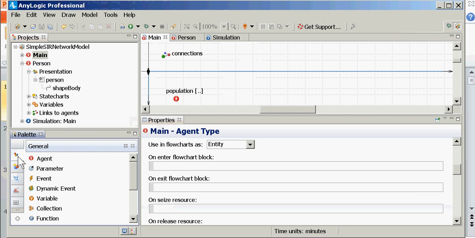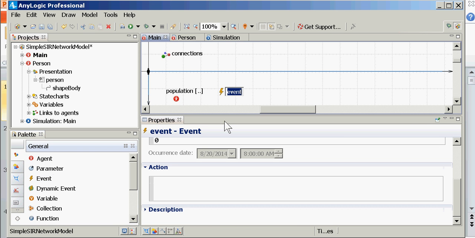And the initial infection event will go off at time 0. It occurs once. It's a timeout, occurs once at model time 0. And it is going to send, let's say, a randomly selected person a message. So we'll type,